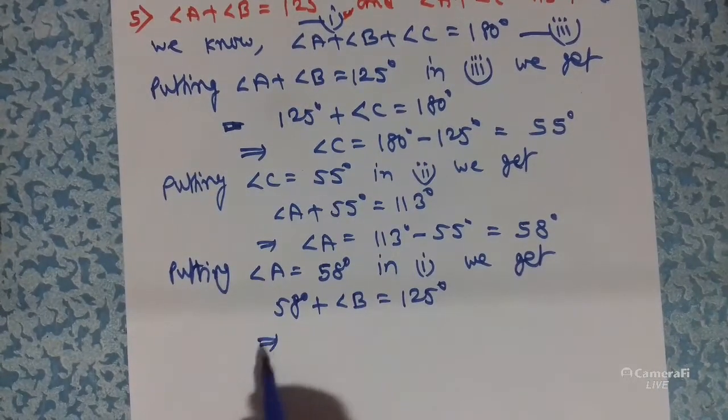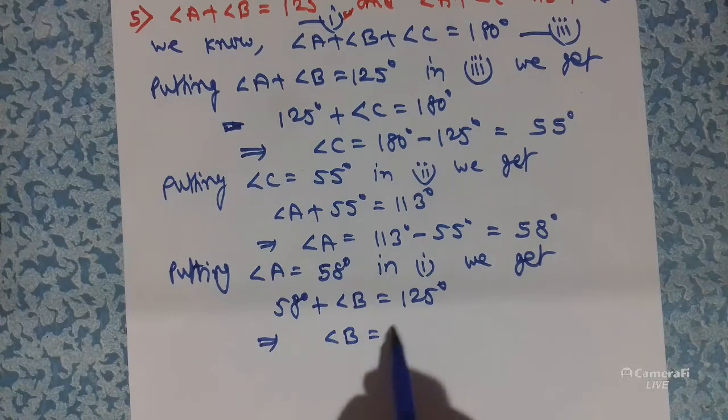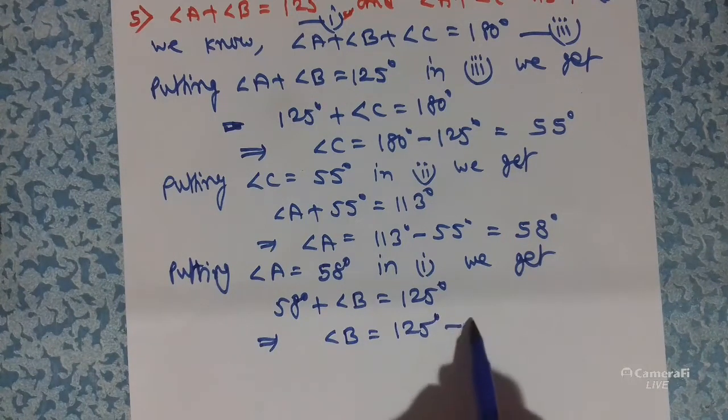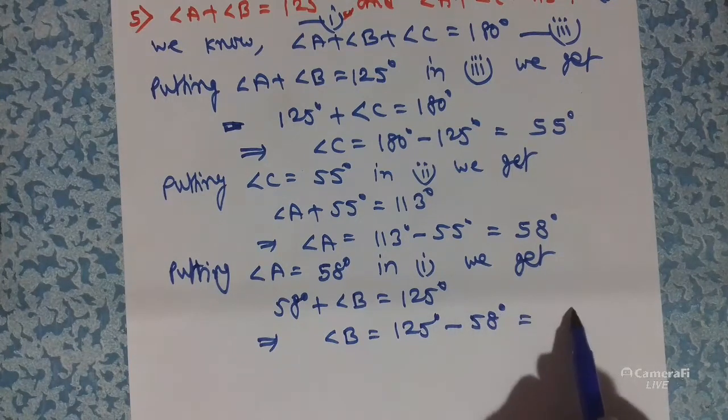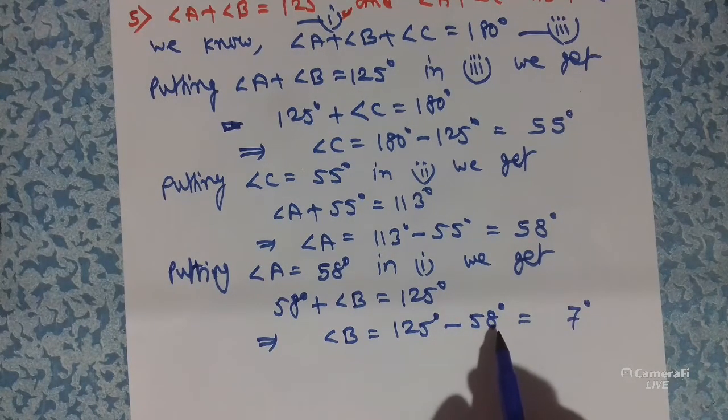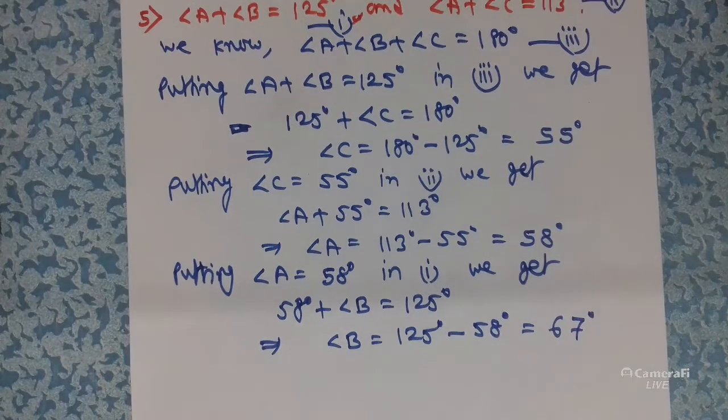So this implies angle B is equal to 125 minus 58, so it will be 67 degrees. I hope all of you understood. Okay, next